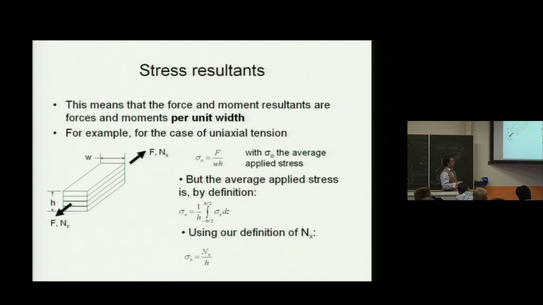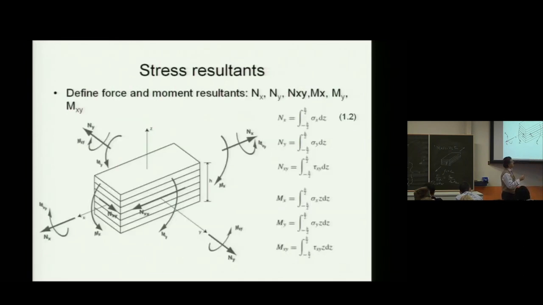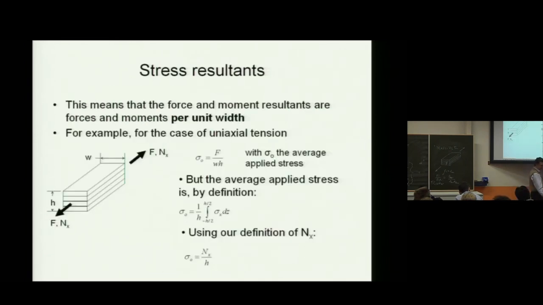So if I then recognize that this quantity with the integral we just defined at the top here of the page as Nx, I can substitute and arrive at the relationship that says my applied stress, average stress, is this force Nx divided by the thickness of the laminate. So if I take my force per unit width and divide by thickness, I arrive at the obvious thing, a stress. It's just that most people don't recognize that this is force per unit width. It's not force per unit thickness or anything else. It's force per unit width, which divided by the total thickness